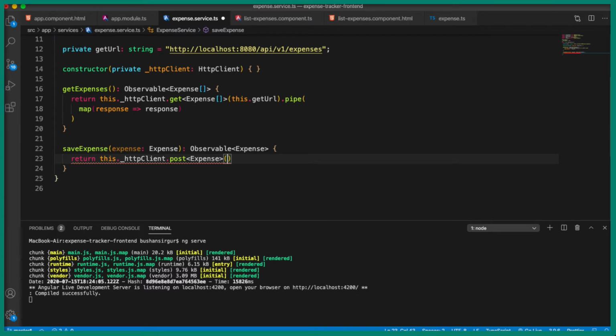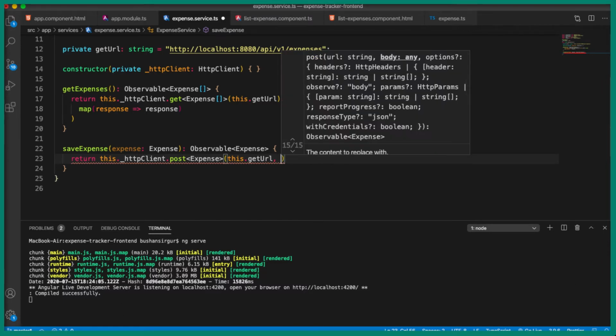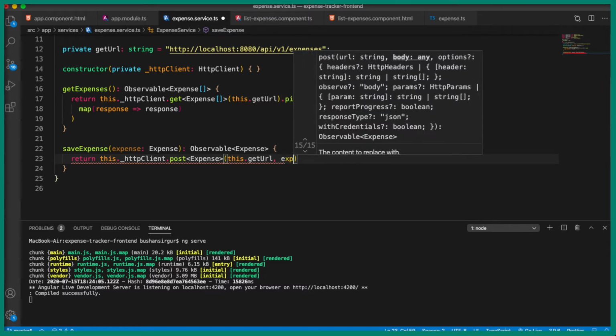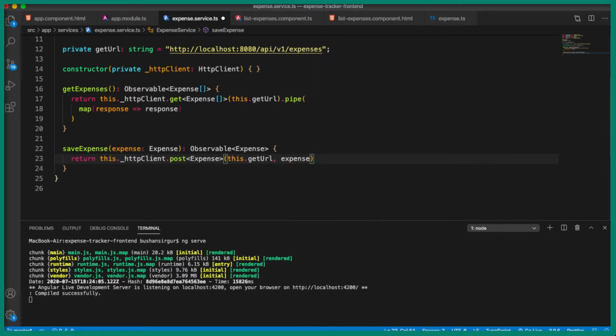So let's use this dot getUrl, and we're going to pass one more parameter which is the expense object. So expense, and that's it. We are not going to map it to anything, because when we make a post request, this is going to return the expense object, and we are just going to return that expense object back to the component. So that's it.